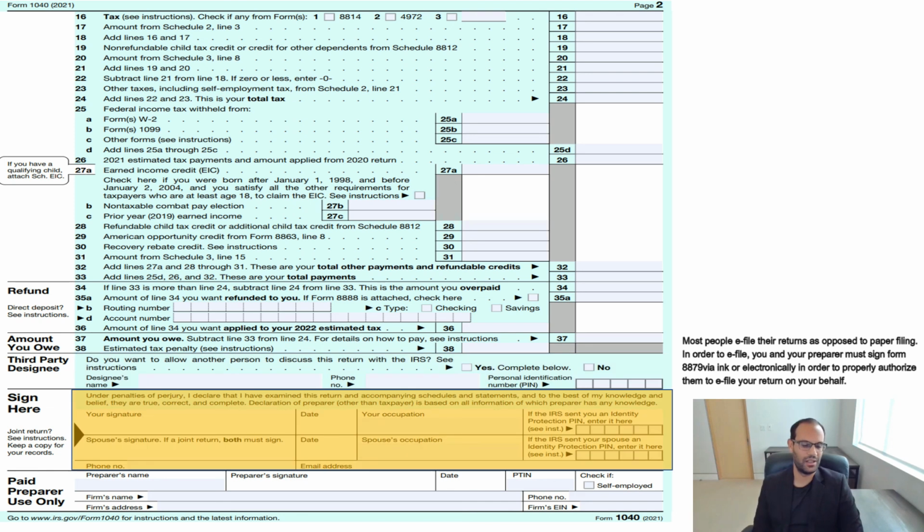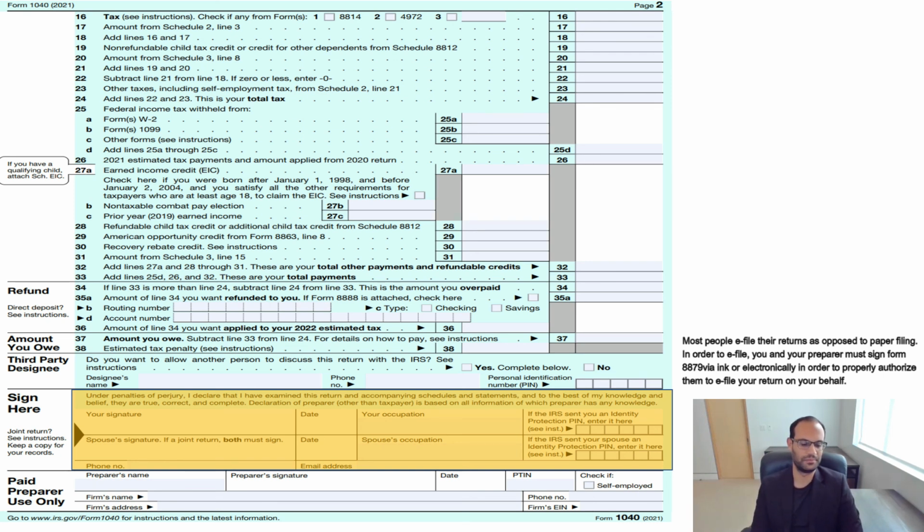And then last but not least, if you're paper filing your tax return, you want to make sure that you and your spouse sign and date the return, as well as put both of your occupations, phone number, and email address. And then lastly, if you've been a victim of identity theft, you can request the IRS to provide you a PIN, and no tax return will be able to be filed with your name or your spouse's name unless that PIN has been entered into your return. So this is one way to ensure that the fraud or identity theft does not occur again or doesn't occur